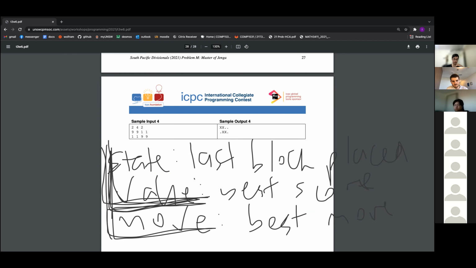Once you've placed the first thing, you say, what is the move that I set when I was picking the state, and that move was defined by whichever value was best. So you put it there, and so on. Basically, it's backtracking. You go through the moves such that you always pick the best option at any given time, and in that way you reach the best setup. And that's how you output the final thing.